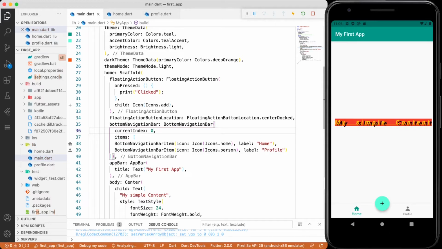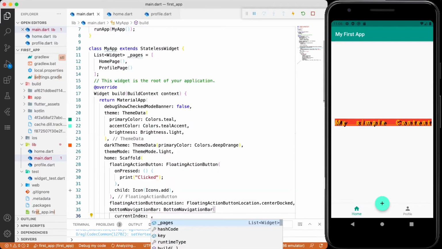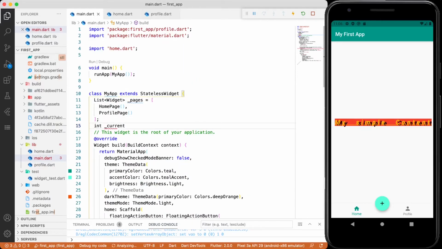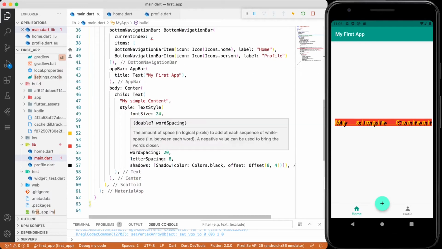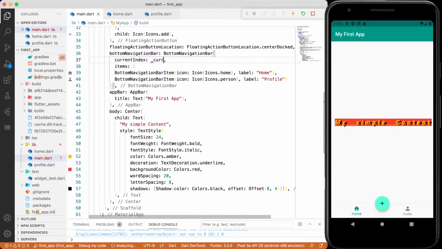We want this to be changed often, so I'm going to introduce a variable for it. Let us make it int currentIndex equal to 0. I'm going to give it here as currentIndex.